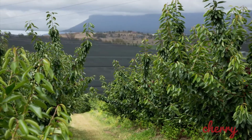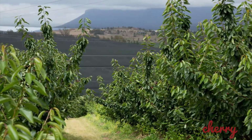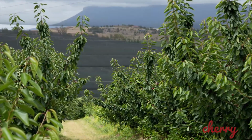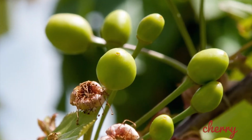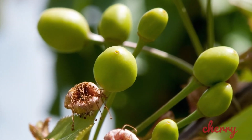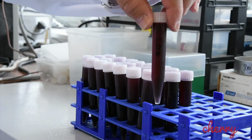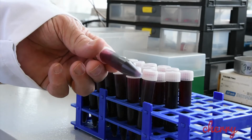The Institute's Dr. Joanna Jones explored the impact of cherry trees' carbohydrate reserves on fruitlet drop or abscission. We did a variety of things in the field to try and measure carbohydrate levels and monitor any fluctuations that might be occurring, and then for years 2 and 3 put in some treatments which would regulate the amount of carbohydrate available. I guess the key outcome was that we got a really good understanding of carbohydrate fluctuations over the